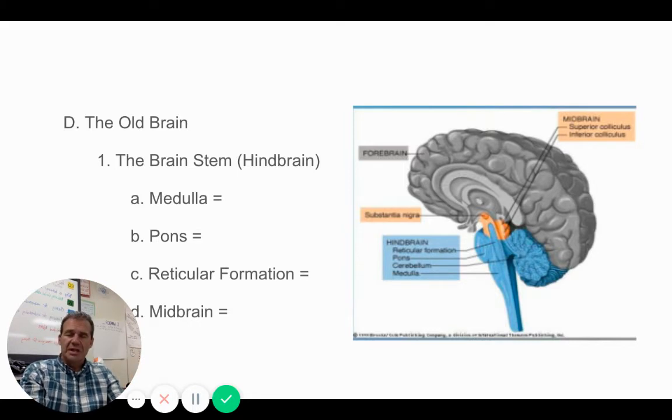Okay, so what you'll notice is a lot of these things, again, are responsible for our survival. The reticular formation does that. Okay, it tells us, be on alert, be ready. So if we hear a loud noise right behind us, we turn and look to see if it's something that's going to be dangerous to us. And then our last brainstem structure is the midbrain. Okay, our midbrain is involved with visual tracking. All right, so my eye movements and being able to follow things in space. So our visual tracking, our motor control,